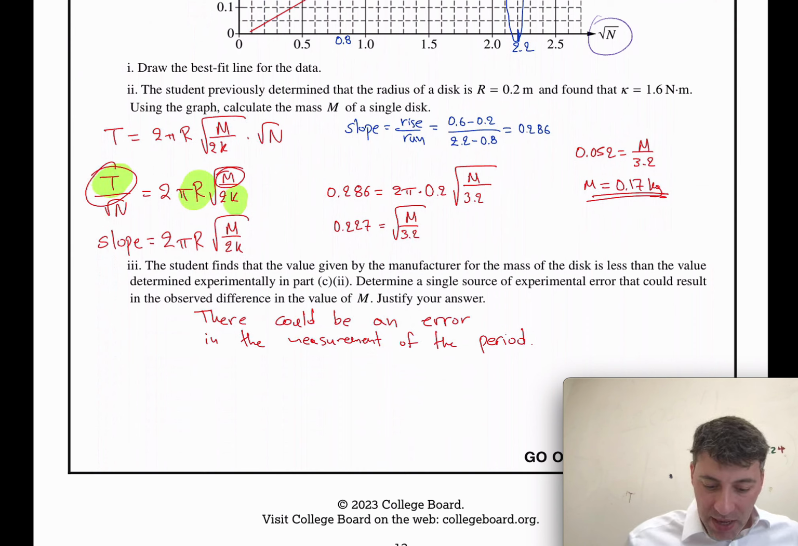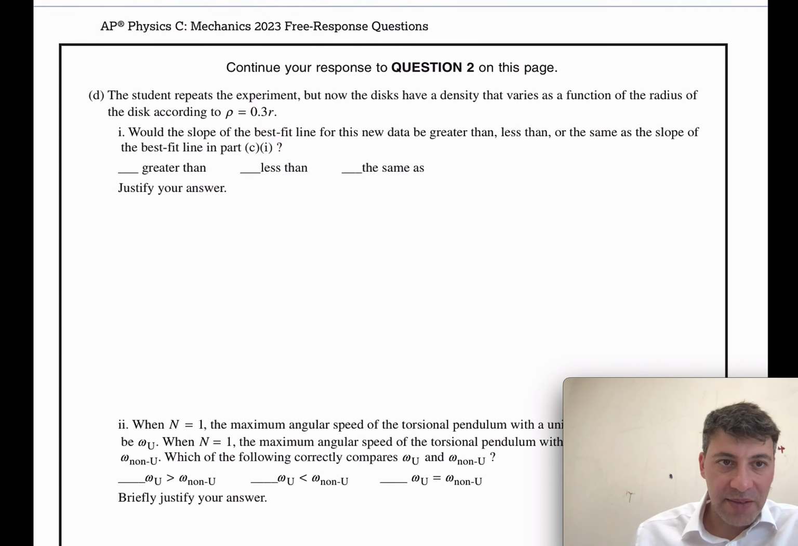So maybe there could be an error in the measurement of the period. Specifically, maybe the student measured a greater period than the real value of the period. And we proceed to part D,